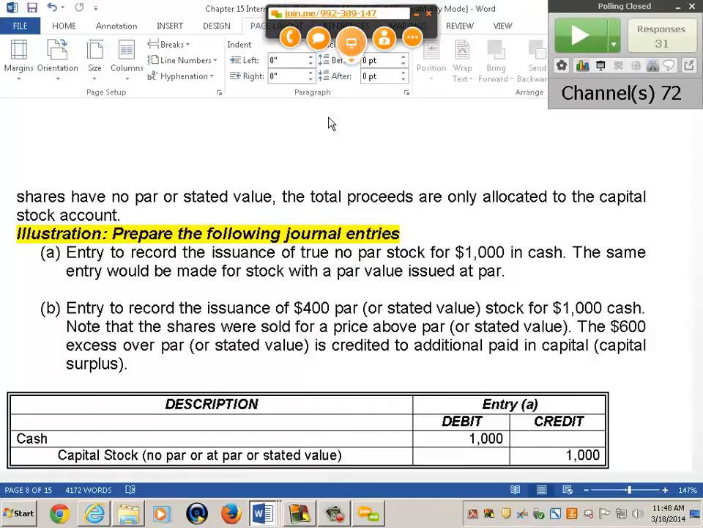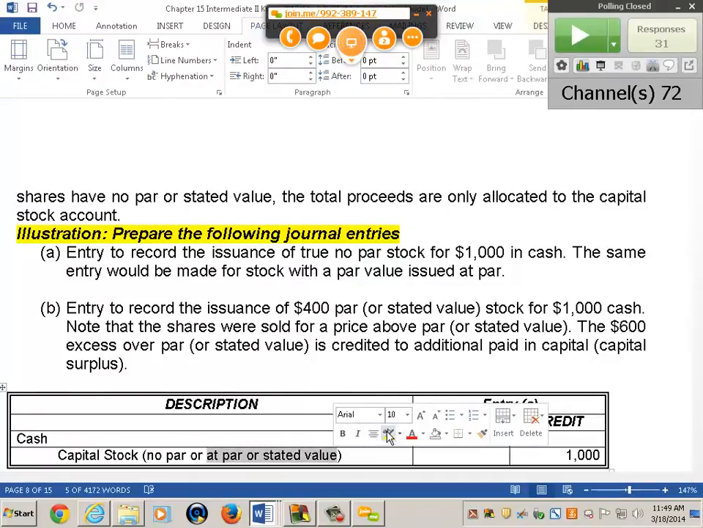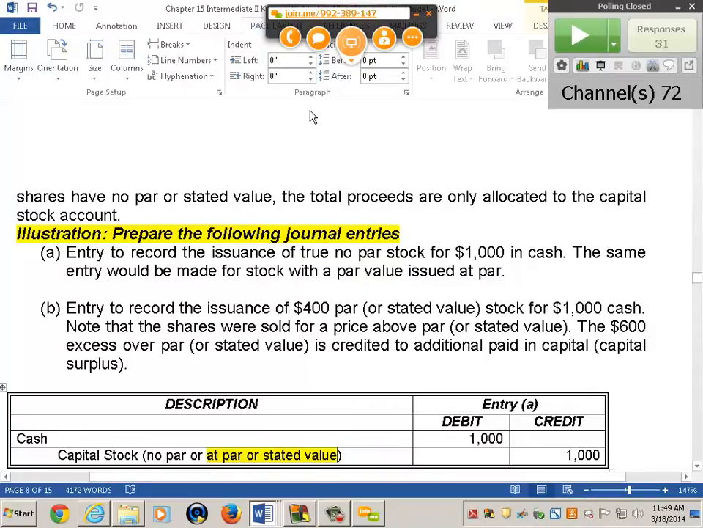So in entry A, which you could see, if this case has no par value, everything goes into common stock. Debit cash, credit capital stock, cash flow from financing activities. It's also true that if you issued at par or stated value, it's going to give you the same result. Everything goes into the capital stock account and you don't generate any surplus. So as I said before, with true no par stock, you don't generate any additional paid-in capital, nothing in excess